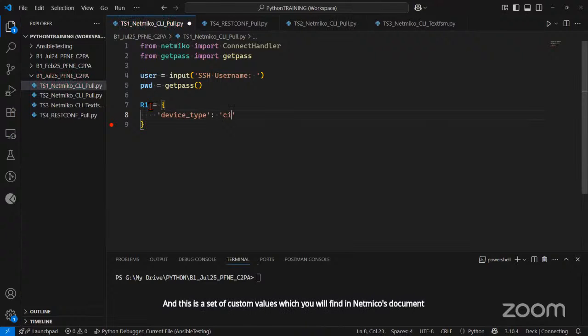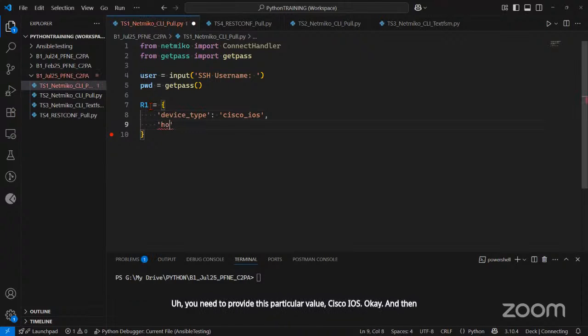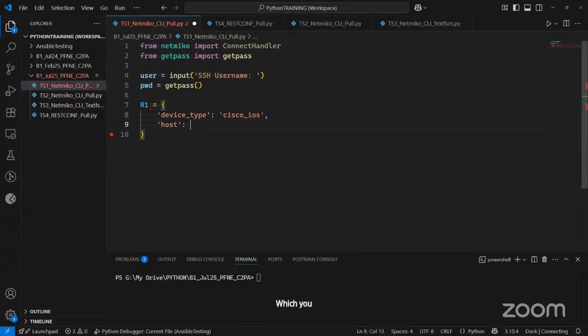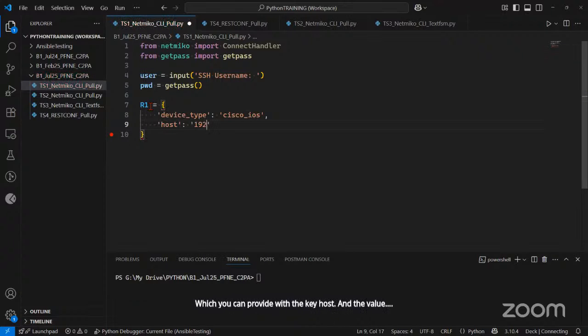So if you're working with a Cisco IOS device, you need to provide this particular value, cisco_ios. Okay, and then you need to provide the device's IP, which you can provide with the key host. And the value will be an IP address